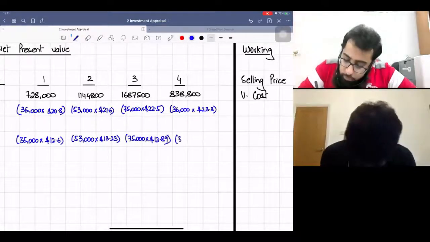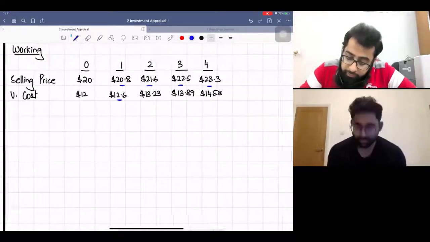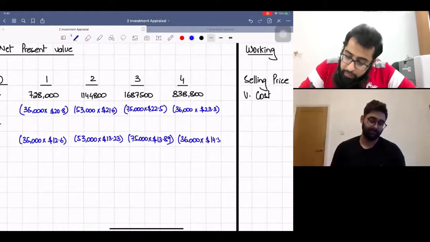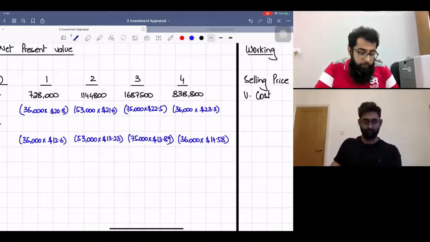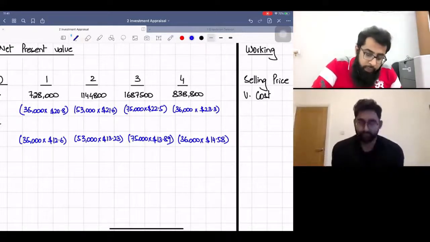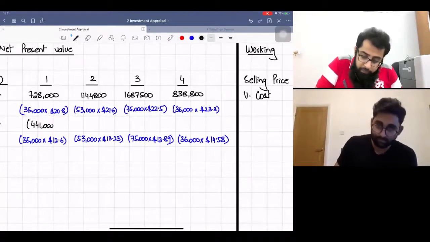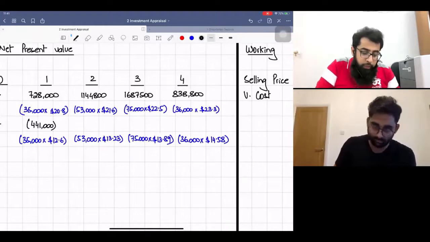And the last one is 14.58. Now there is no fixed cost in the question. Into 12.6, it's 441,000. Then 53,000 into 13.23, it's